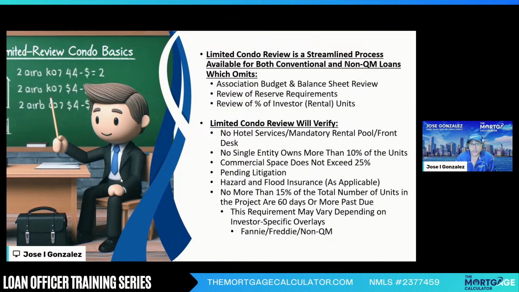what is the percentage of units 60 days or more past due on the assessment payment, the monthly association fee? It seems like the magic number is 15%. So if more than 15% of the units are 60 days or more past due, it's going to fail. That's going to be a big issue. At that point, you're going to have to go financing for a